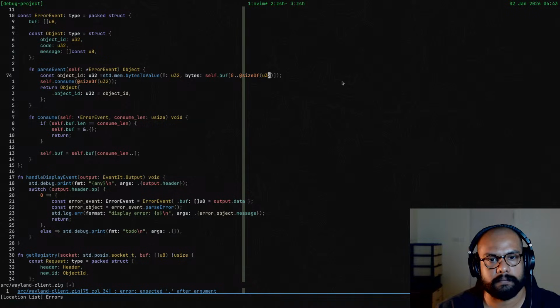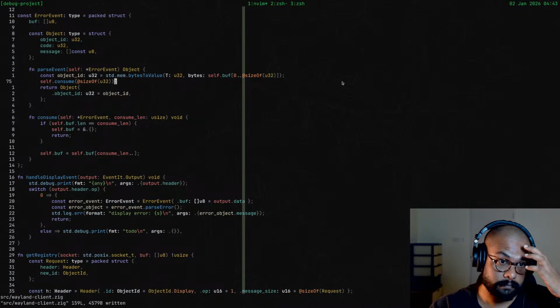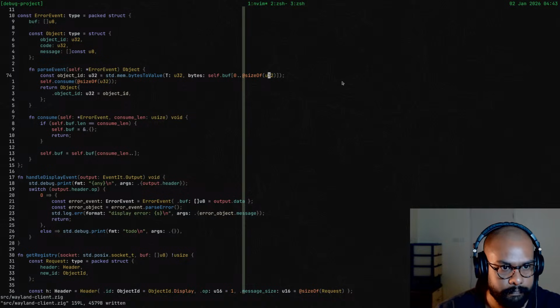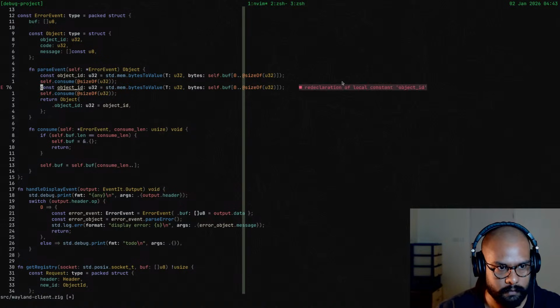Make it U32. I think this would be the same for